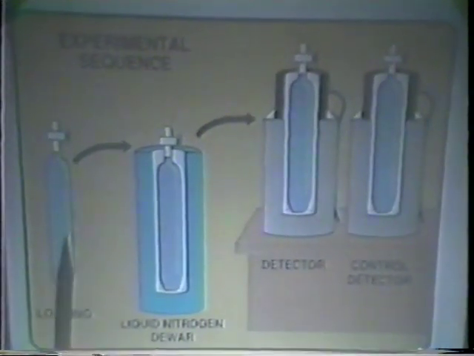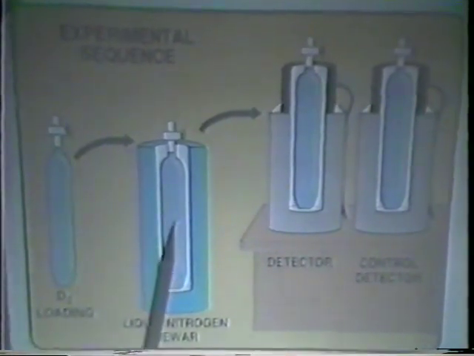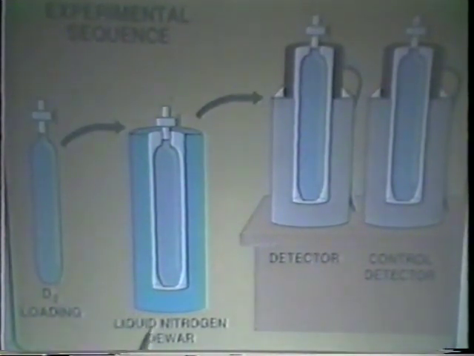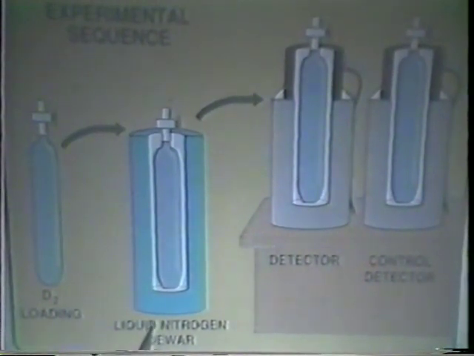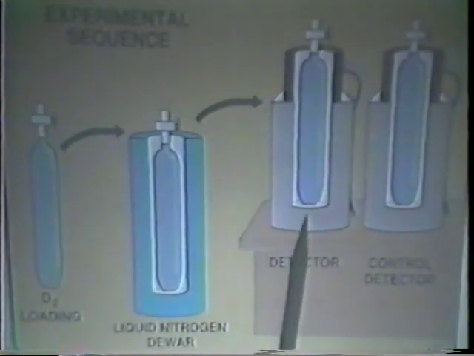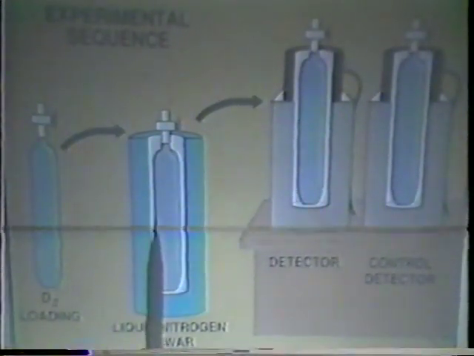We would see no neutrons until we put the system through an experimental sequence. The sequence was to load the deuterium in a separate building, seal the bottle, take the bottle to the laboratory, and put it in a liquid nitrogen bath. After about 10 to 30 minutes, the cylinder had come to liquid nitrogen temperature. Then we remove it from the bath and put it in the neutron detector and let it warm up. Because of the mass of metal in the cylinder, mainly the cylinder itself,